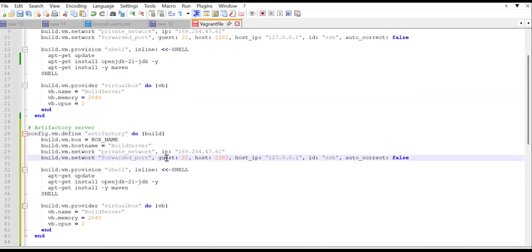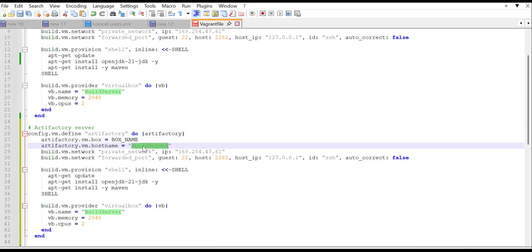And we'll call it Artifactory only here. Okay. And here Artifactory dot VM box name, Artifactory dot host name. So we'll call it Artifactory server,